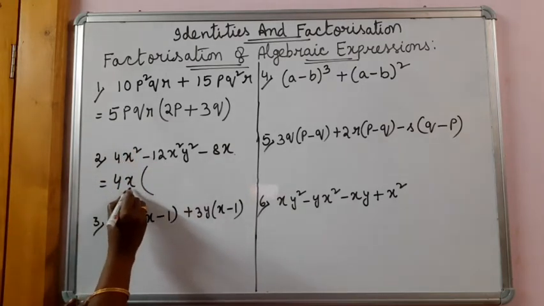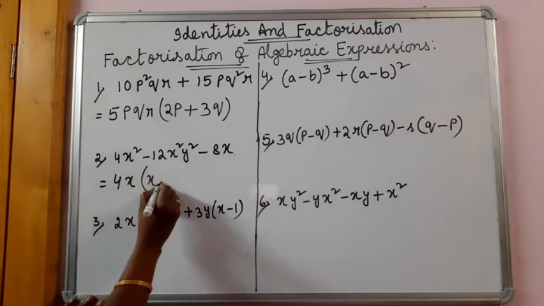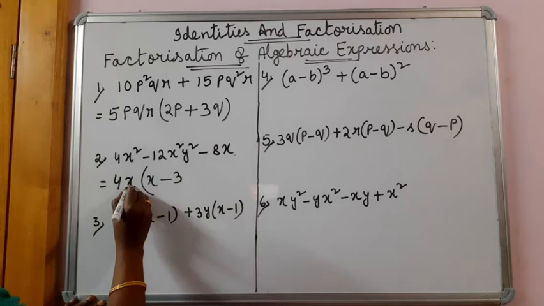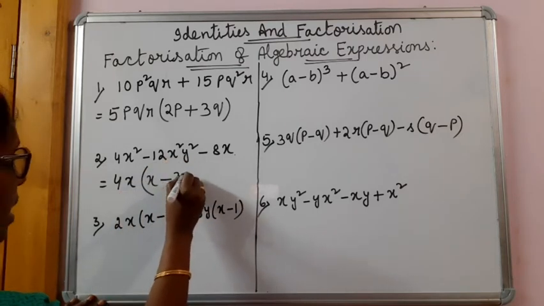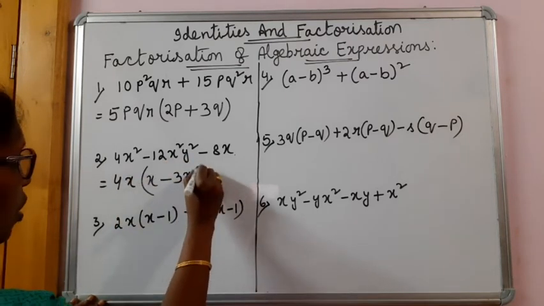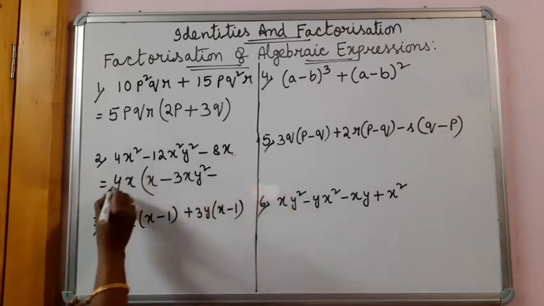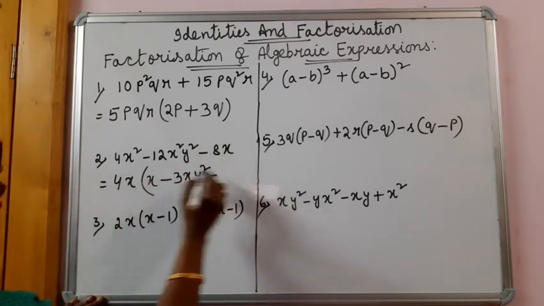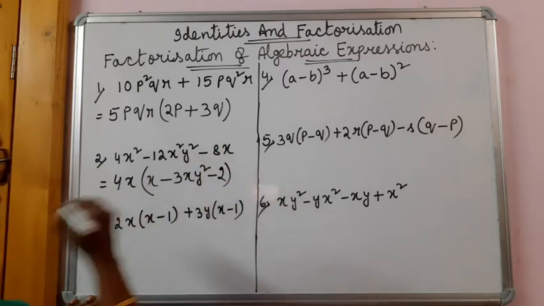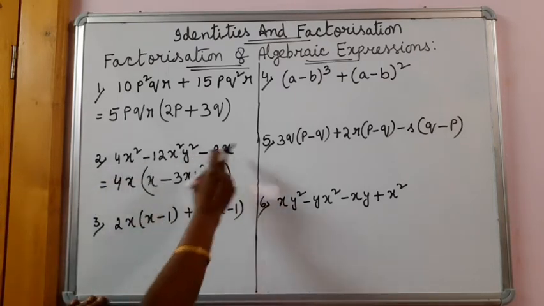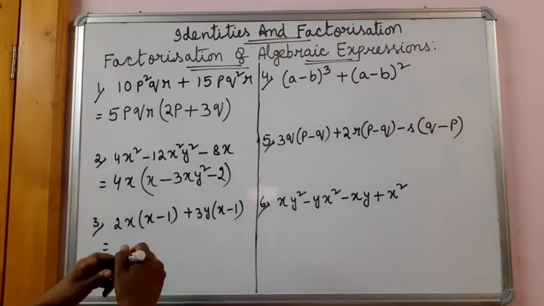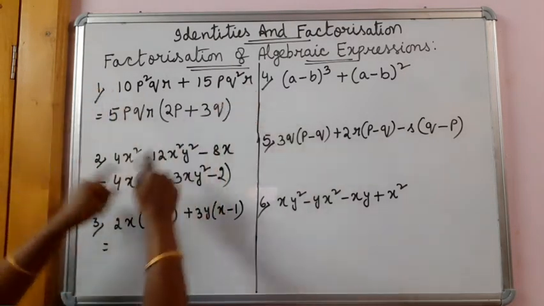Now let us write the other factor of this expression. 4x square is here, 4x we have taken. Only one x is left, 4x into x square minus here 3, 4 3s are 12, x we have taken, one more x is there, y square is also there. From 8x minus, I have written 4x, that means 4 2s are 8, x already written. When you multiply, again you will get it.